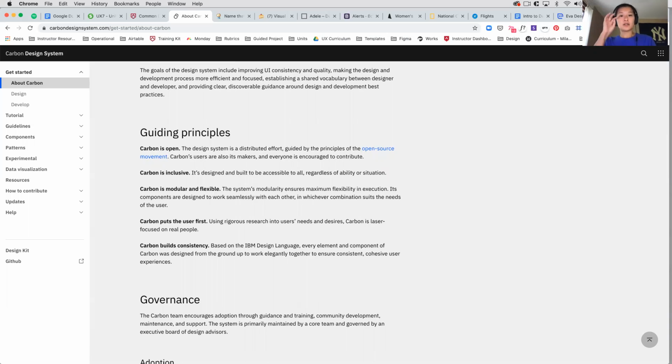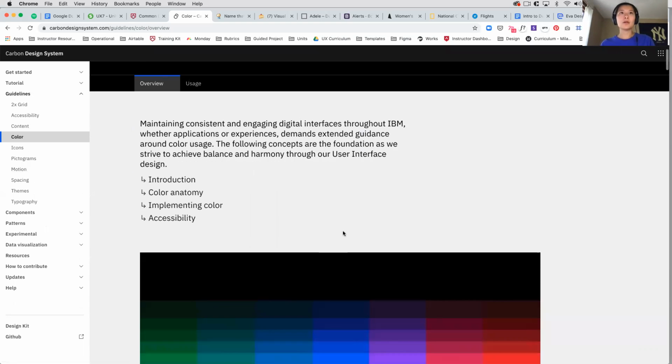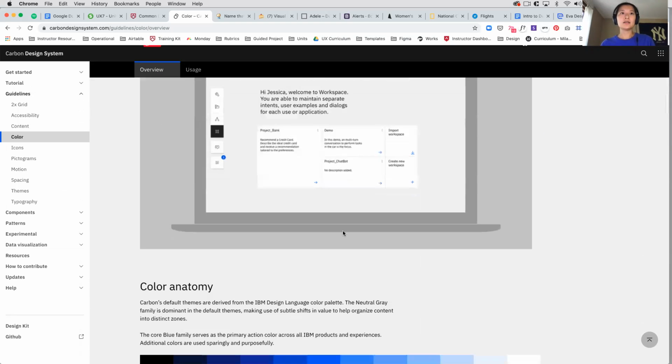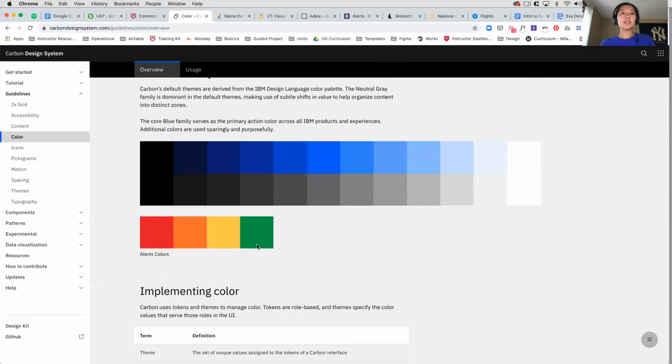Then next, moving on to the third piece related to brand identity and style guide, we can move over to their guidelines. And so as a reminder, the brand identity is going to go into the details of a design system. It will articulate categories like color, spacing, typography. And as an example, if we go into color, we can see that they have a palette that is focused on highlighting their primary colors. They also have accent colors that we see here. And as we continue to scroll down,